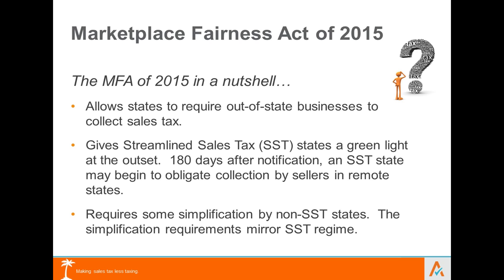Hey, if Congress does something like we think they might, those sorts of nexus triggering activities will probably become a lot less critical to many of us. It'll be more formulaic, as in how much sales are we making across state lines, and are we charging tax on those sales? And if we are reaching a certain threshold, we are going to be collecting everywhere. That'll be the nutshell of these federal propositions.